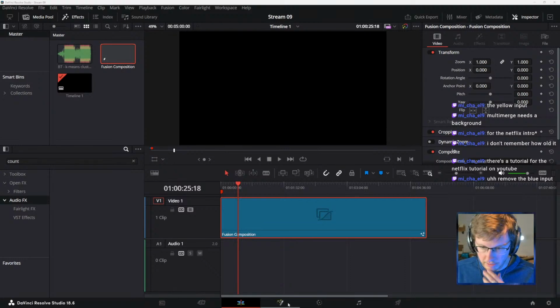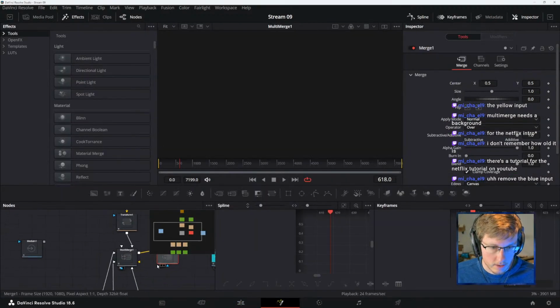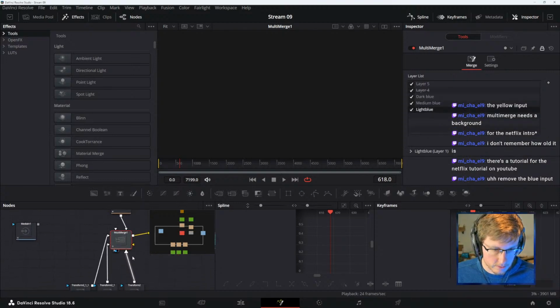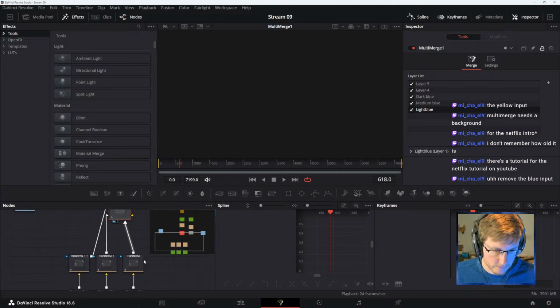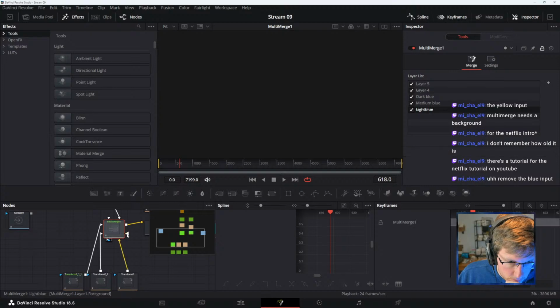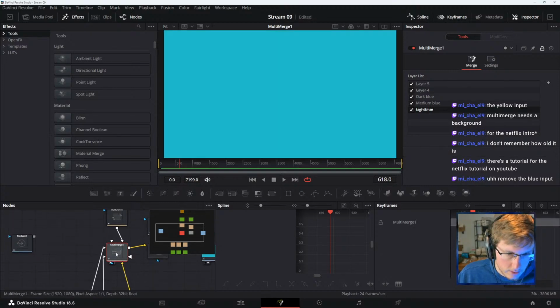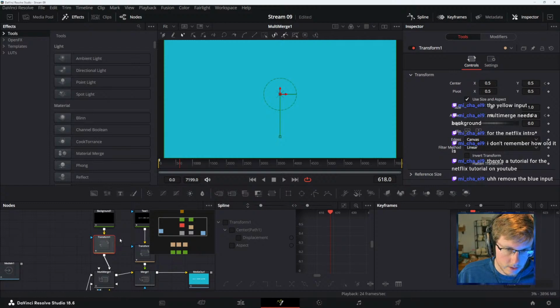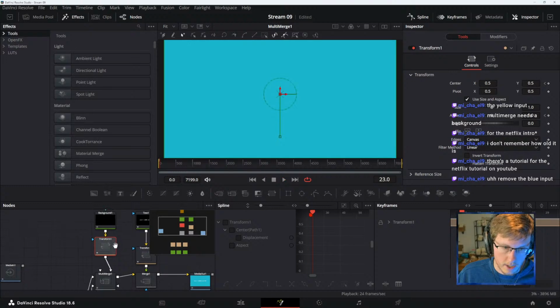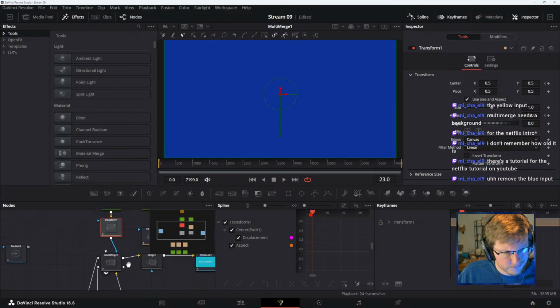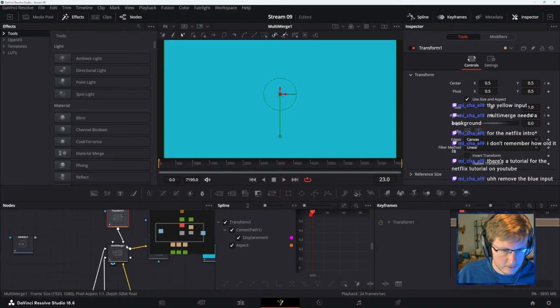Multi-merge needs a background. Oh, it always, okay. Background. I think the dark blue could be the background here. And then, yeah. And can I get this on the foreground? Oh, no, that's a mask.